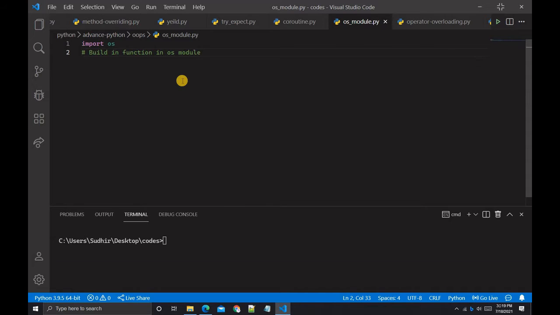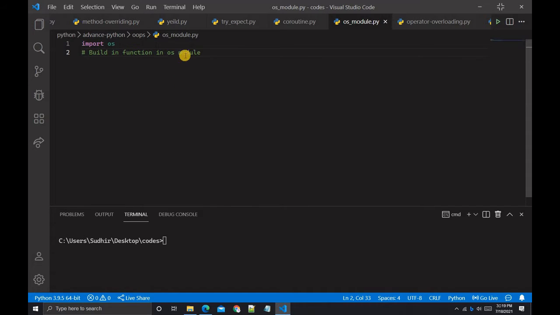And then os.getcwd and os.chdir, and then os.listdir, os.mkdir, os.makedirs, os.rename, os.rmdir, os.removedirs, os.path.join, os.path.exists, and many more.